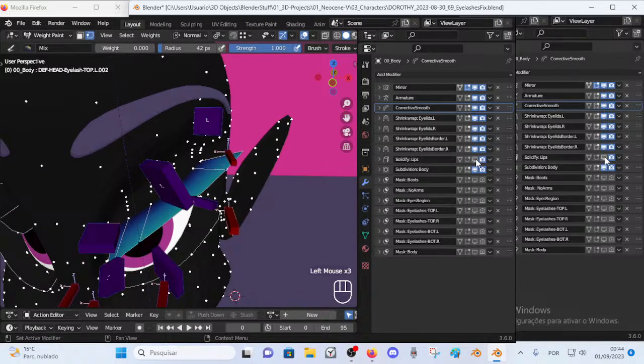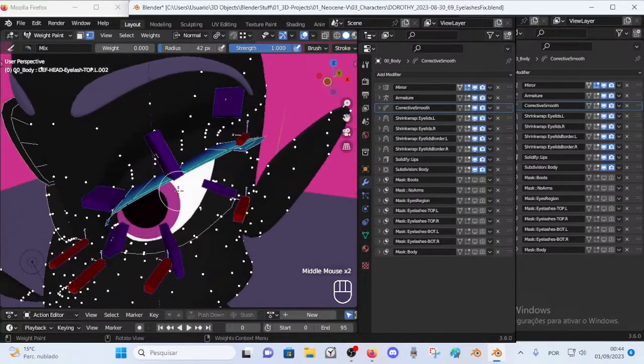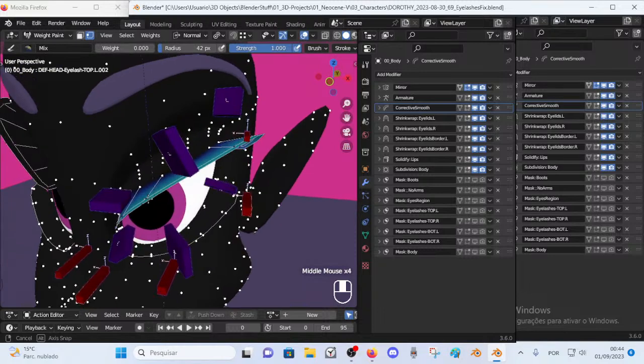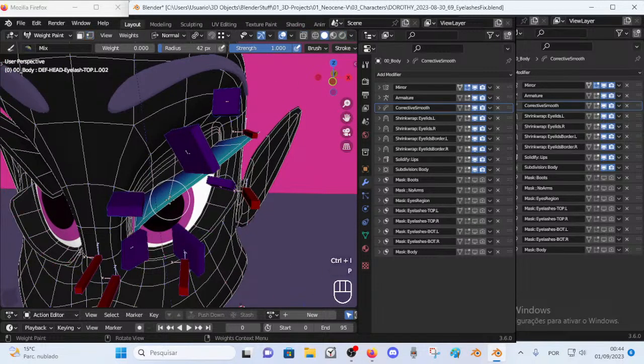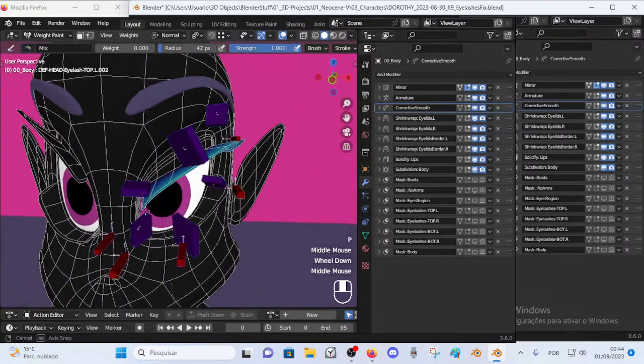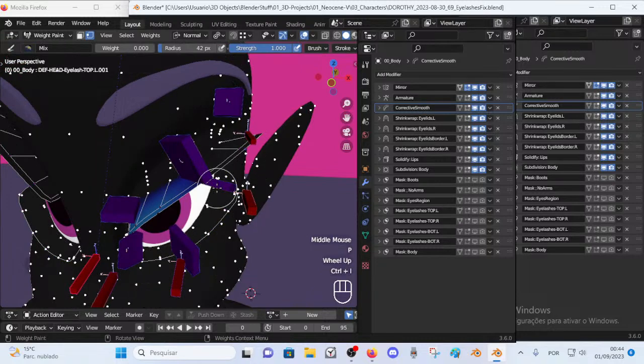Yes, there's a solidify modifier which is affecting the lips and this part too, so it doesn't matter, it's just one vertex anyways. So invert again, P, last of the top, P, invert, and shift K. Okay,